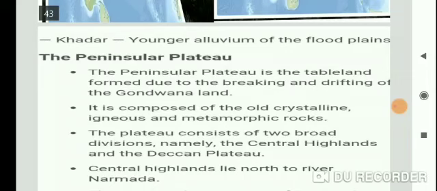The Central Highland is wider in the west but narrow in the east, and the eastern part consists of the area known as Bundelkhand. Now next, the Chota Nagpur Plateau marks the further